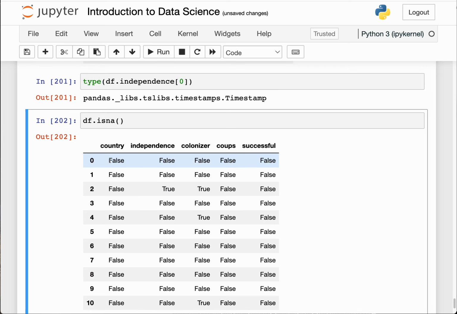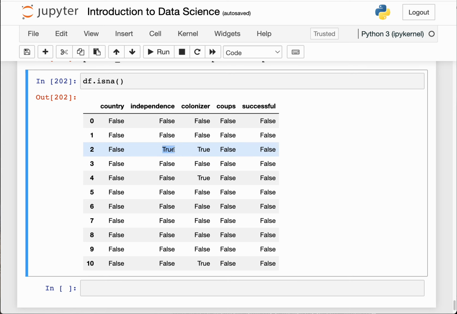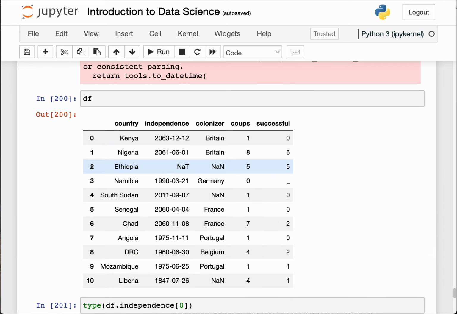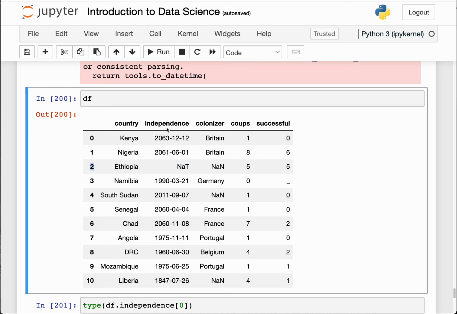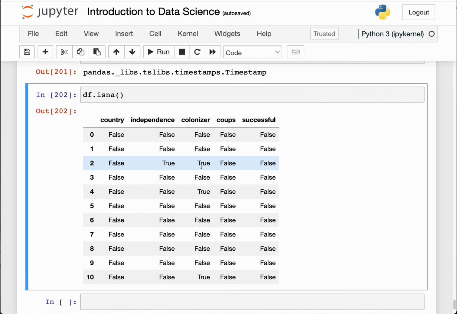If there's a value, it will return false. But if there's no value in it, it will return true. So let's check data point row 2, column independence. If we go here and check, we realize that row 2, column independence is Ethiopia's date of independence, which is not available. The same goes here,